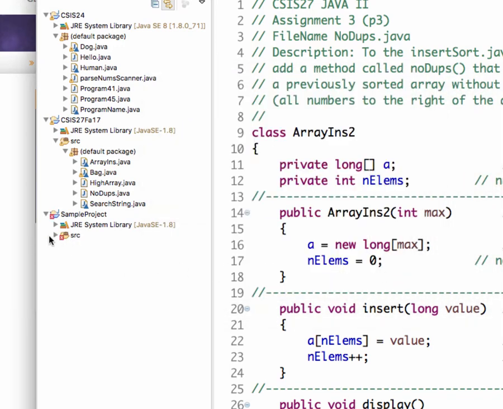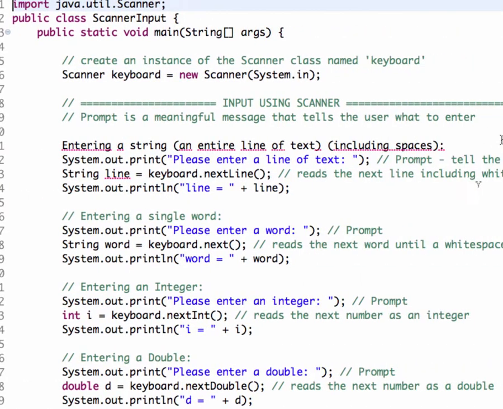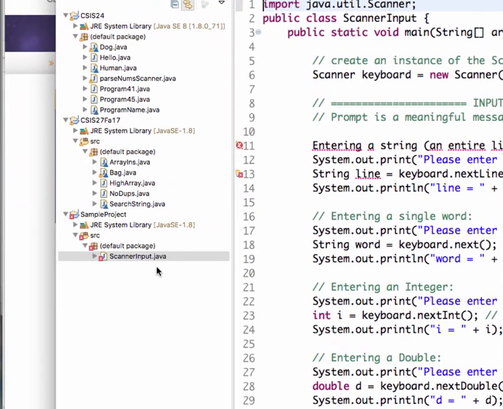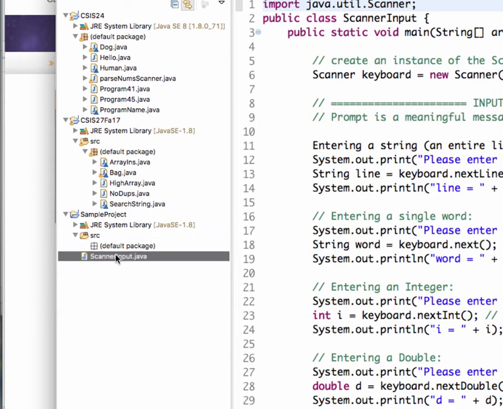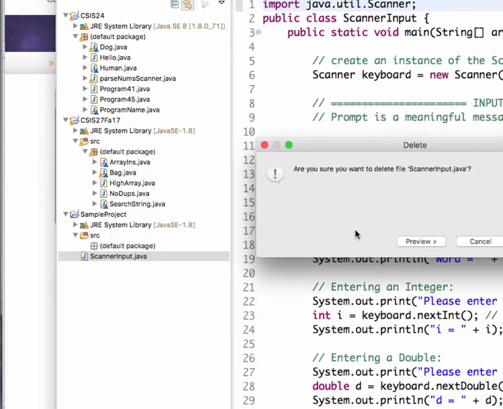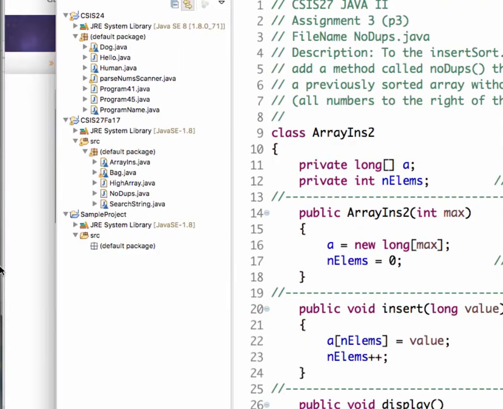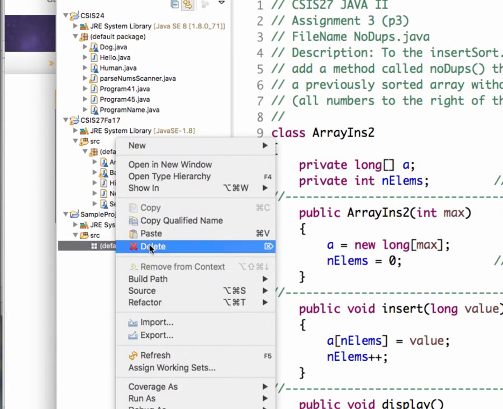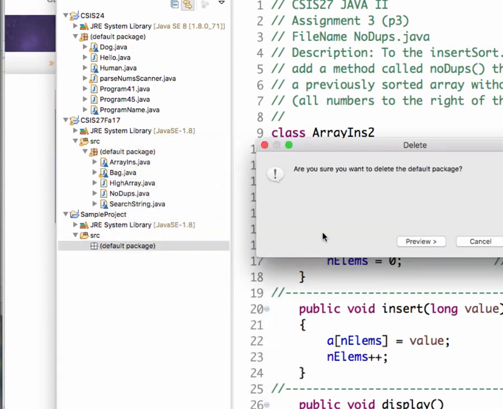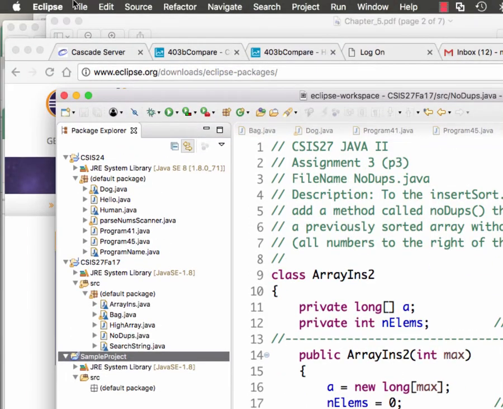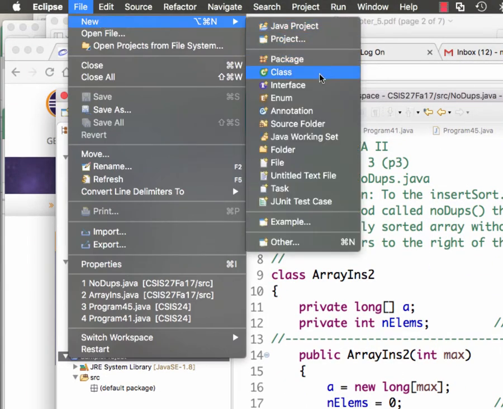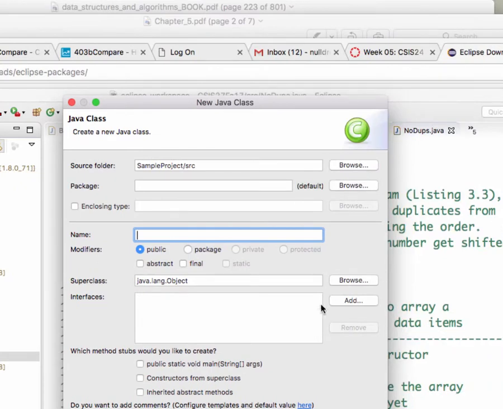Okay, yeah. So you want to drag this thing inside your source folder. Another way to do this is I'm just going to erase it, delete this file. And if you want to create a file from scratch, try to delete this thing too. No, there, I'll leave the default package. You need that thing. Okay, so you click on the project, you go File, New, Class File, and let's say,